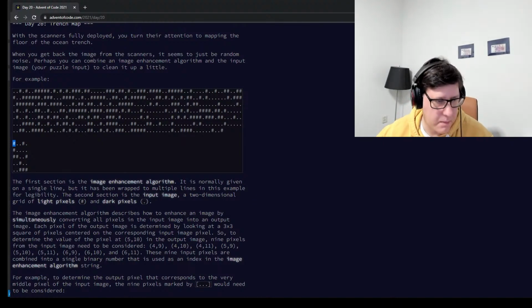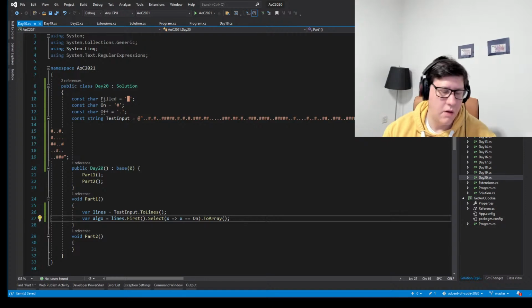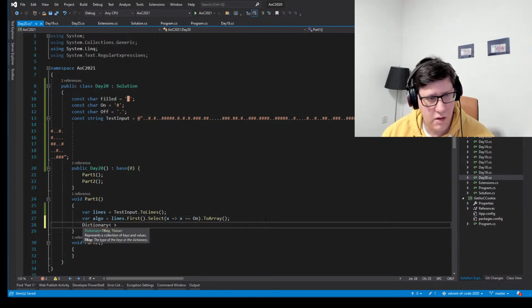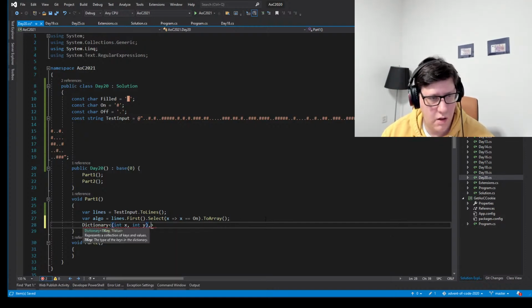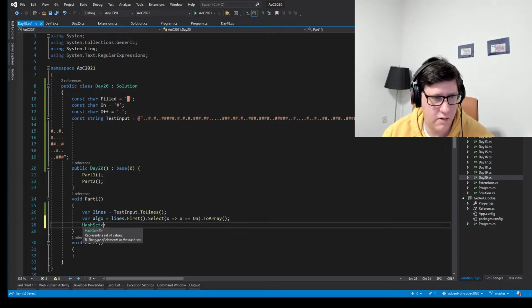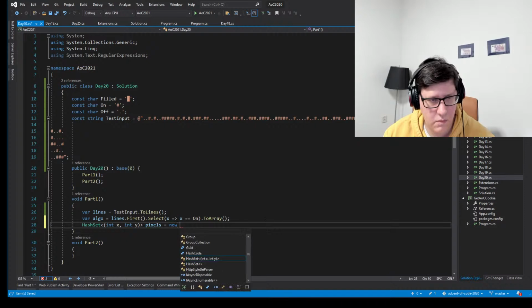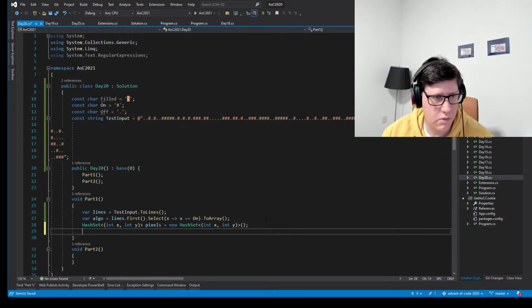Okay, so now we need to do a dictionary, int x, int y. Actually, we can just use a hash map or a list. Pixels is new. We can do for map is for image is